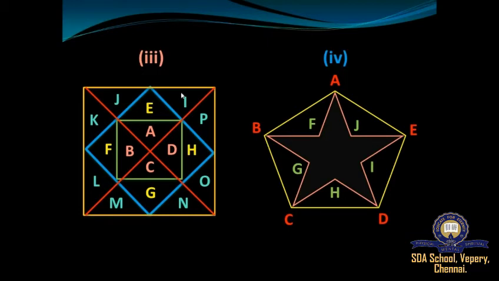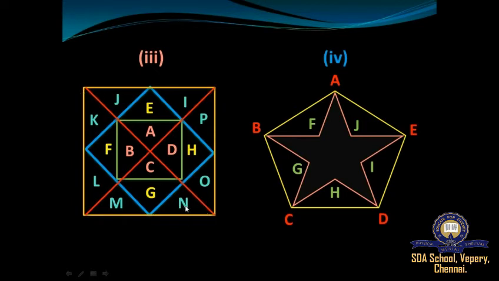So till now, we have found that there are 16 triangles plus 8 triangles plus 4 triangles. So 16 plus 8 plus 4 is 28. There are totally 28 triangles till now. Now I am going to take 8 parts together. When I combine ODHPIAEJ, it forms one big triangle, right?